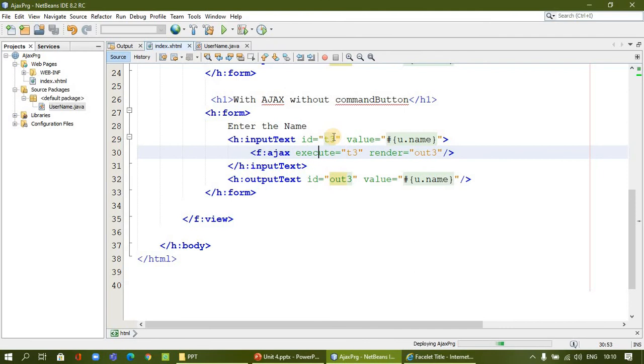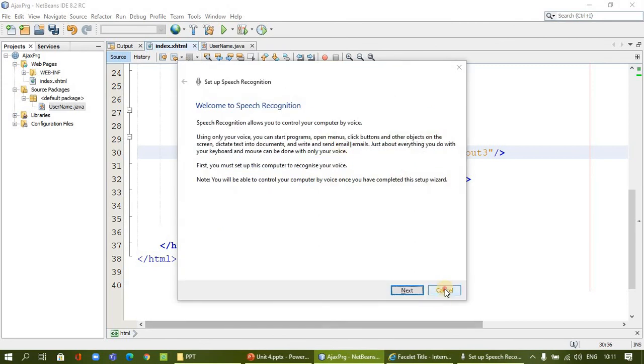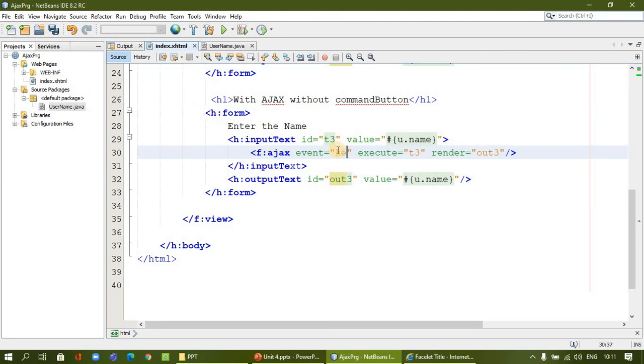One more thing I'm going to do is set when it will be activated, so I will put the event. I'll type here keyup. Whenever you type, with the key press or key up event, immediately the Ajax method will be activated and process whatever the input is. Immediately it will be printed.